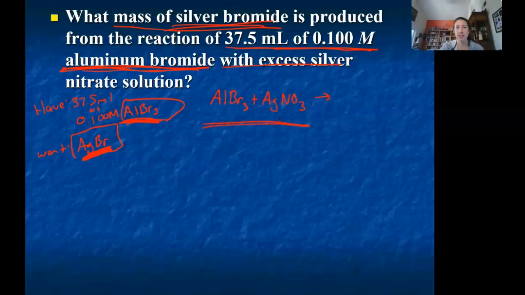What kind of reaction does this look like? If you had to classify this reaction, what would you classify it as? Double displacement. Yeah, it's a double displacement reaction. Yes. So that means we leave Al and we leave Ag, and then we flip the other two. So then we've got